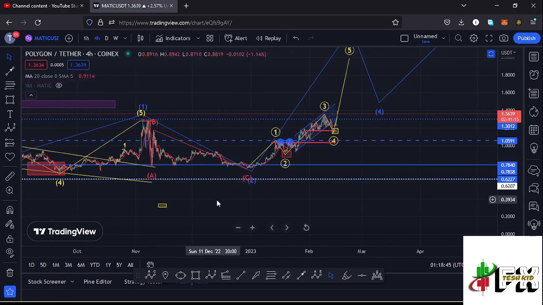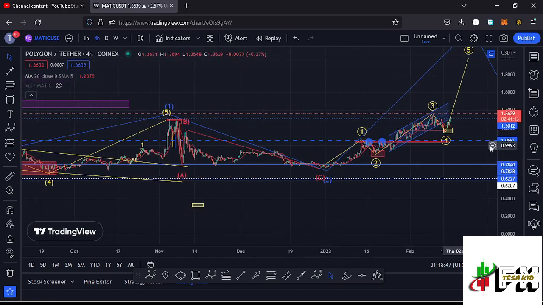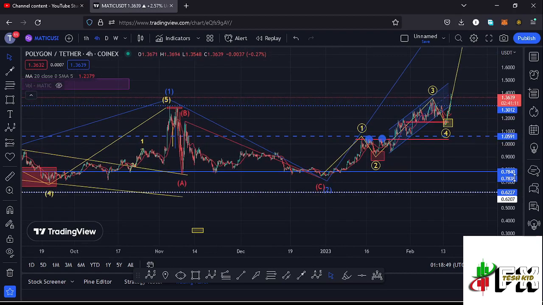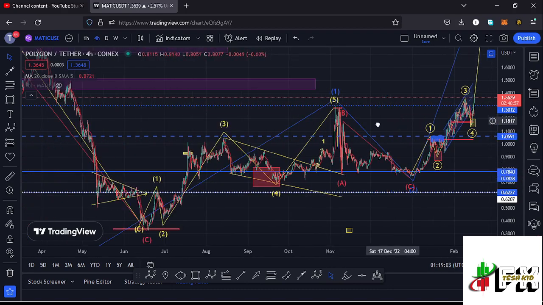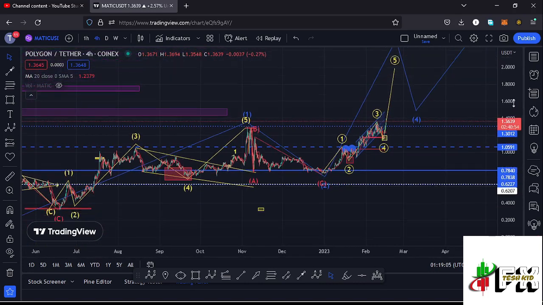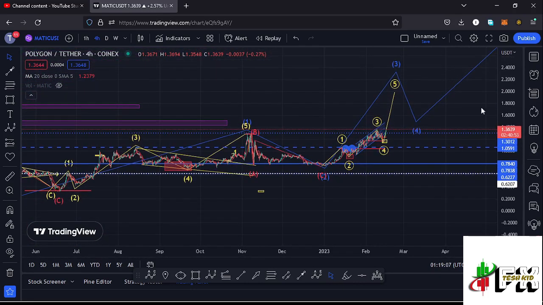upside. And after seeing the formation of a larger Elliott wave count 1, whatever we expected next is a corrective structure in the formation of a larger Elliott wave count 2, which we have seen over here, having this ABC corrective structure, giving us a low at around the $0.74 mark, and also completing the formation of that larger Elliott wave count 2. And after seeing the formation of a larger Elliott wave count 2, whatever we expect next on the long-term scenarios is